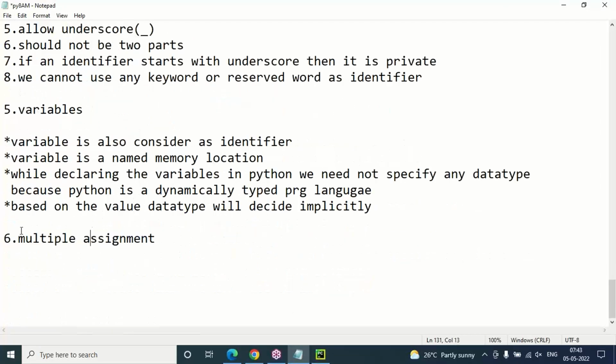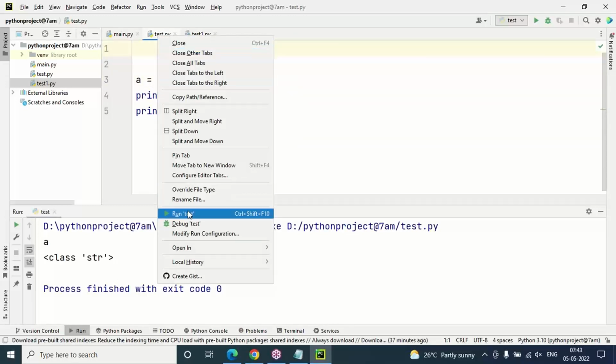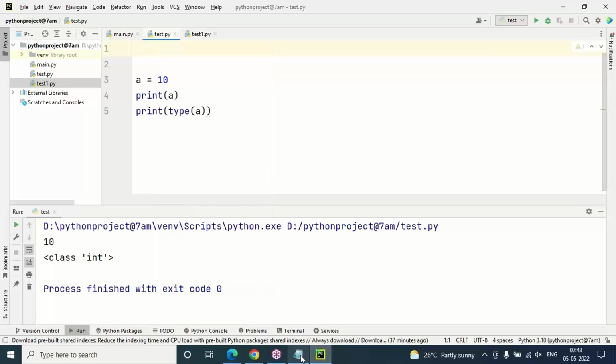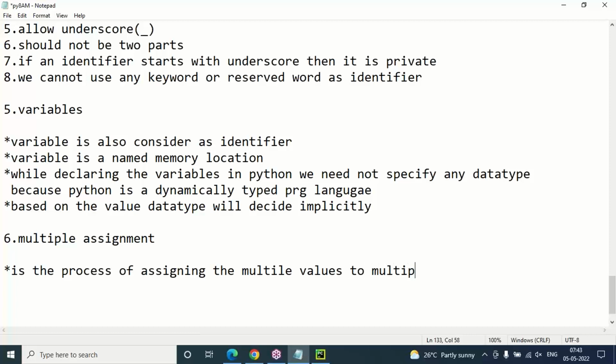And now coming to the last concept today, multiple assignment. See, normally this is what assignment? Single assignment. Just observe, I'm assigning a single value to this variable. This is single assignment. But in Python, there is a concept called multiple assignment. Multiple assignment is the process of assigning multiple values to multiple variables,